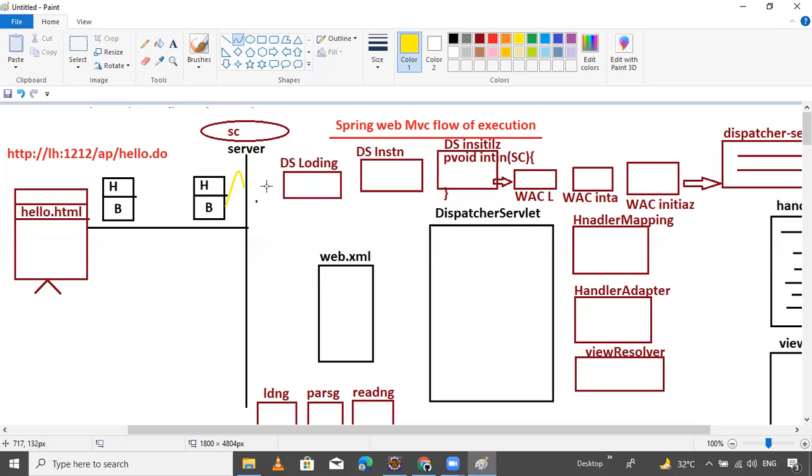Where? Forward the request where? Web container. Server will forward the request to the web container.